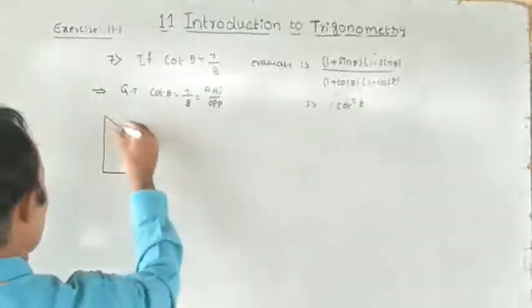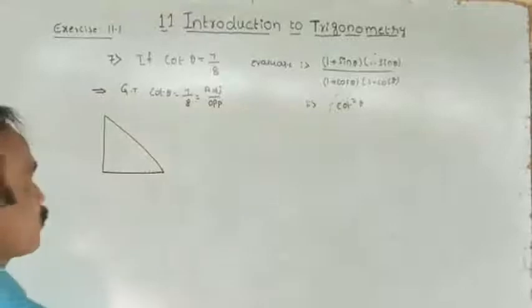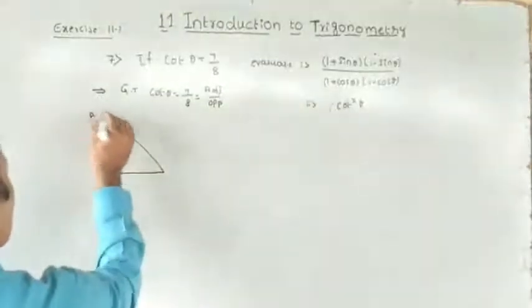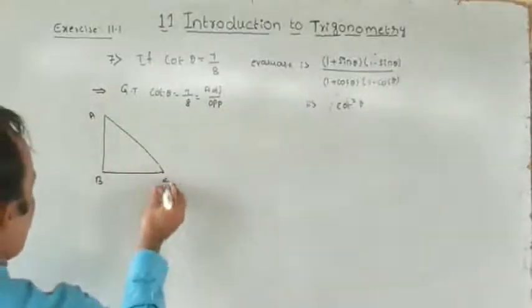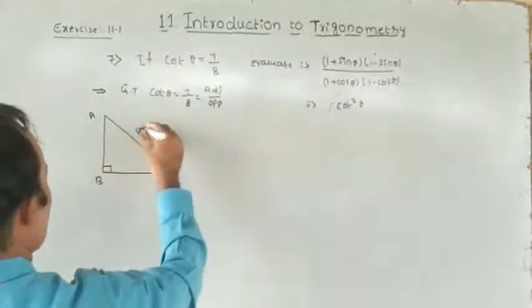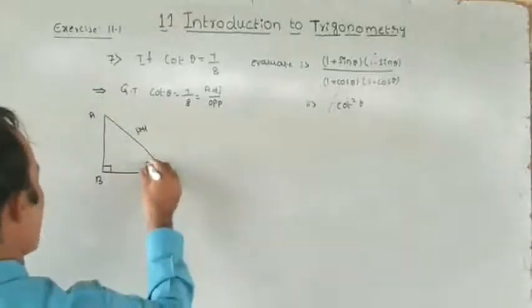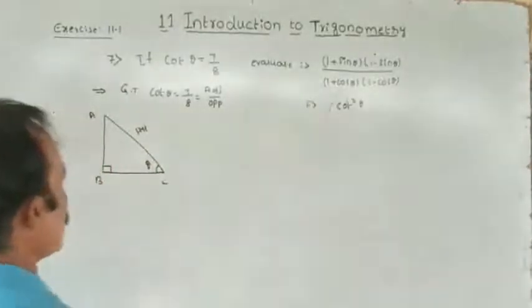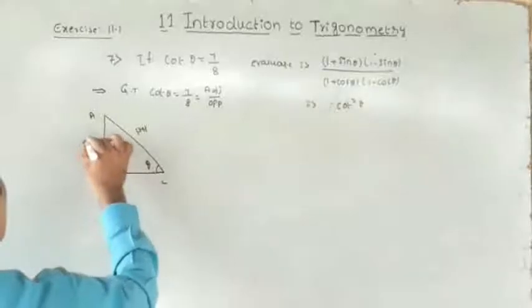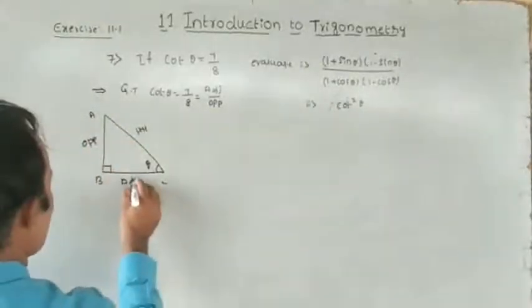Please note down all this. Write on your classwork notebook. Consider a triangle ABC, B right angle. The side which is opposite to the right angle is called the hypotenuse. Consider C as an acute angle, symbol theta. So this one, that is AB, is opposite. What about this one? Adjacent.